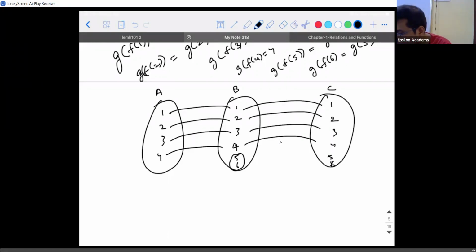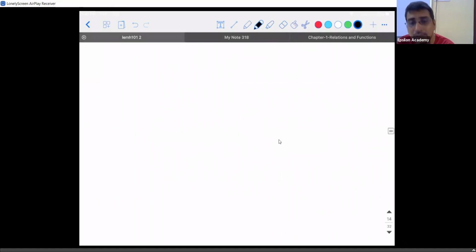That is why what they told is, I can take G of 5 as 5 and G of 6 also as 5. It is not necessary that it needs to be one to one. It could have been G of 5 as 5 and G of 6 as 6, depending on what is the nature of the function. But here, there is a possibility that G of 5 and G of 6 can be 6 also. That is what they are trying to say. So that is the reason why it need not be a one to one function.